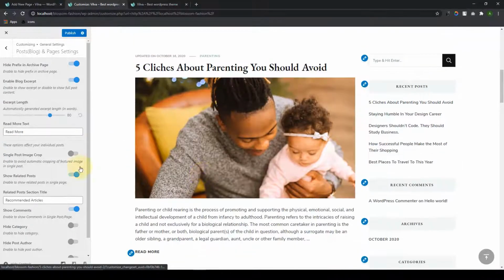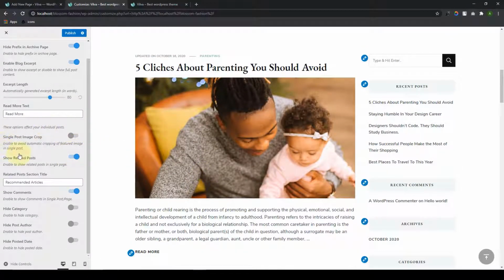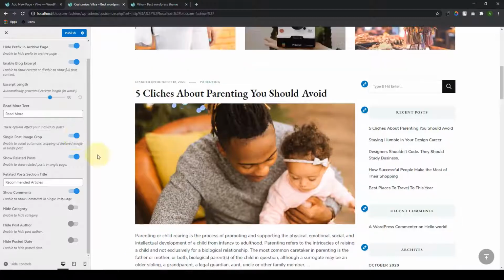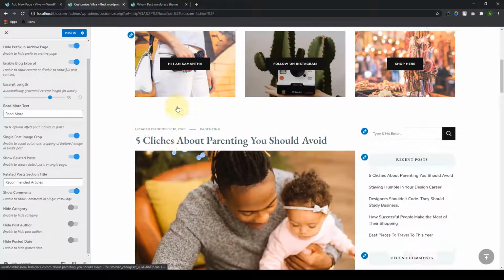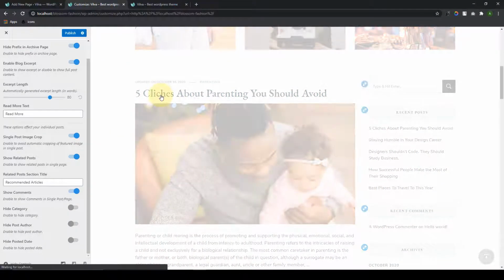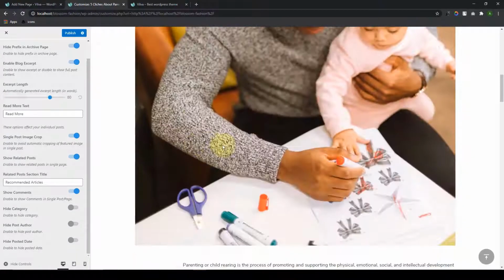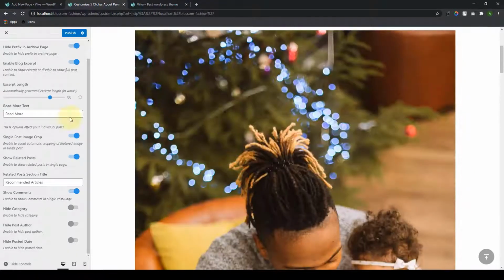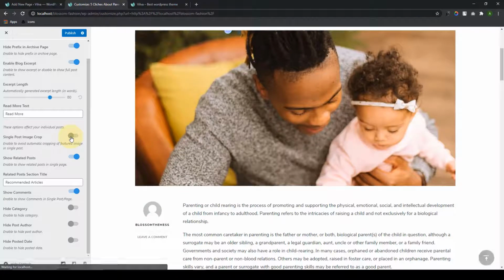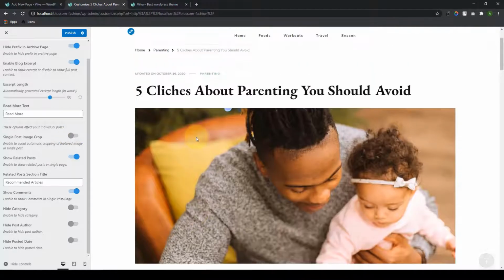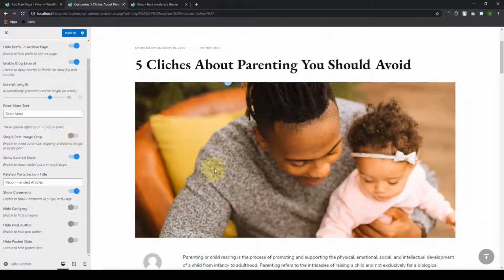All right, so the next option is very important, and these options affect your individual posts. So if you enable the single post image crop, what this does is it enables to avoid the automatic cropping of the featured image in a single post. So let's go into one of the single posts over here. So as you can see, after enabling this option, okay, let me quickly disable this just to show you an example. When we disable this option, the image will be